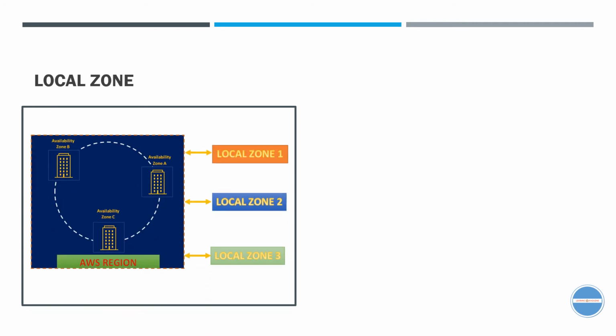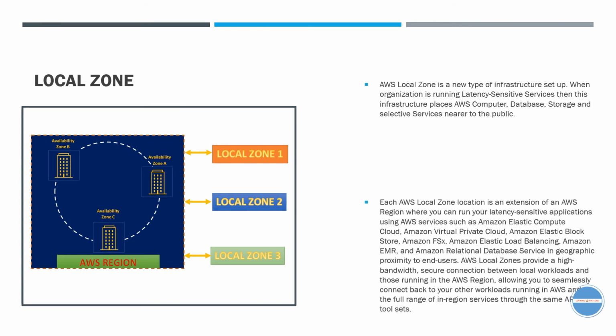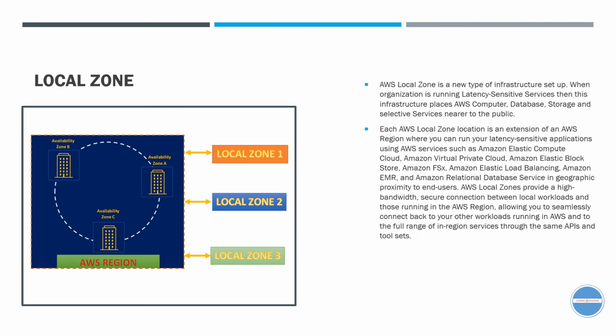There is another term called local zone. AWS Local Zone is a new type of infrastructure setup. When the organization is running latency-sensitive services, then this infrastructure places AWS compute, database, storage, and selective services nearer to the public. Each AWS Local Zone location is an extension of an AWS region where you can run your latency-sensitive